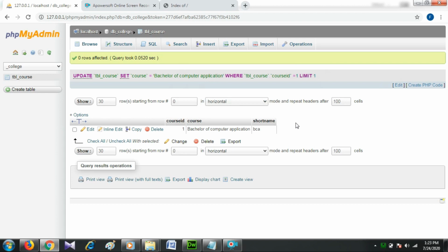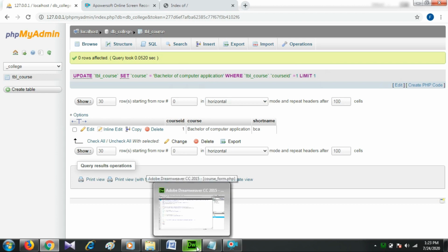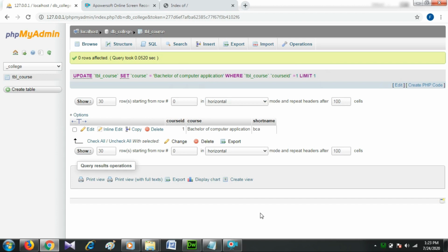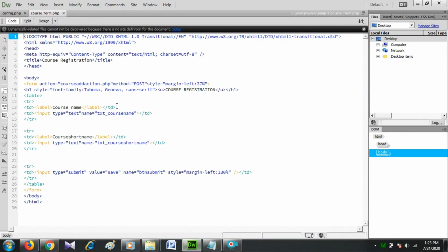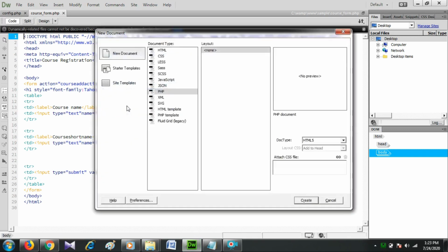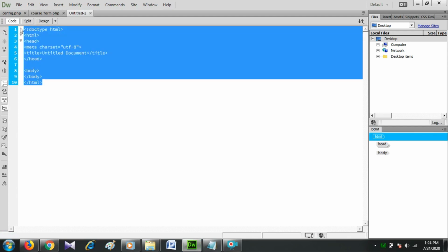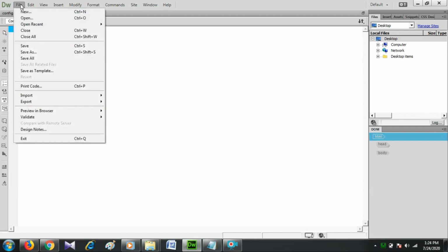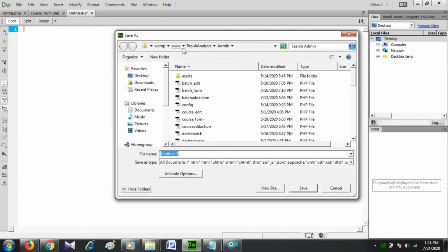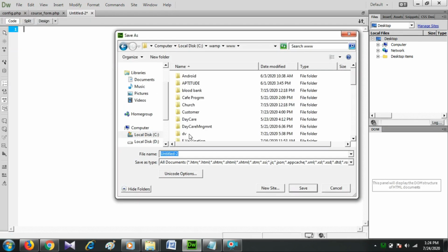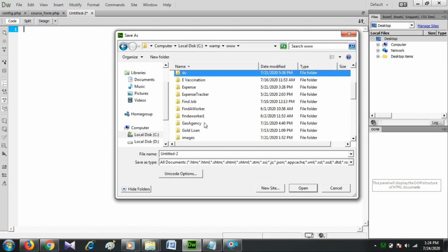Before we can access data in the MySQL database, we need to be able to connect to the server. For that, we create a new PHP page for the DB connection. The first thing we have to do is create a PHP page or file for database connectivity. So, open Dreamweaver, create a new PHP page and save it in the same folder inside the www directory with the file name config.php. It must contain the extension .php.